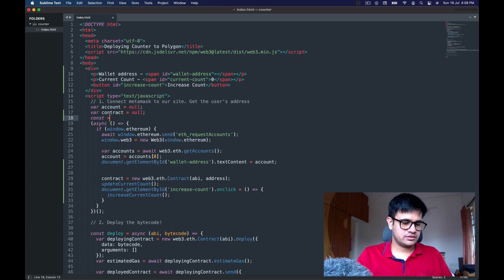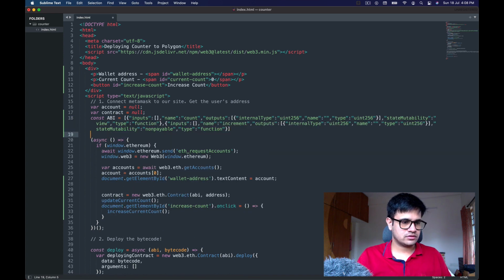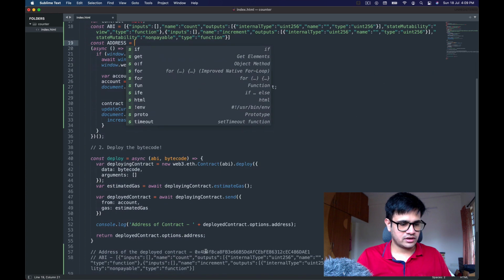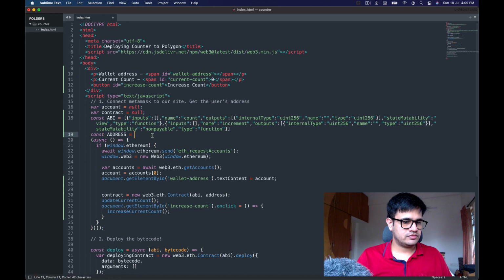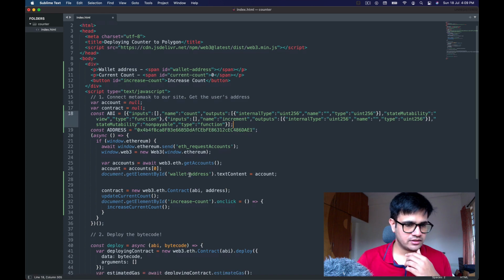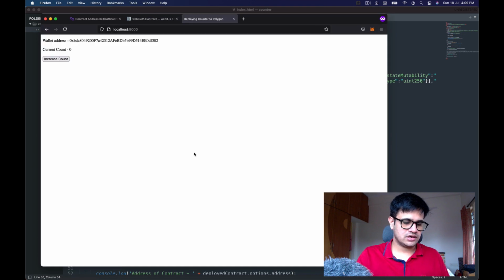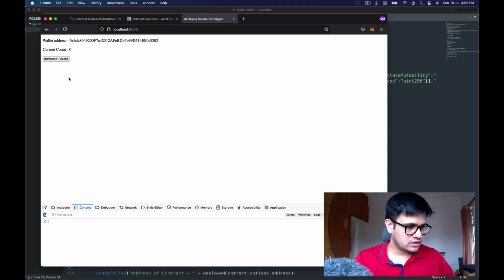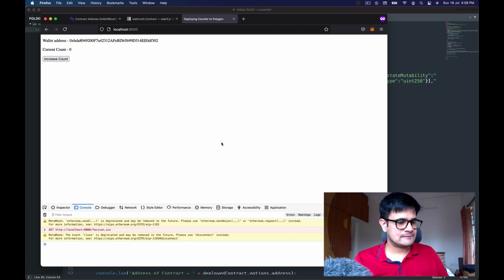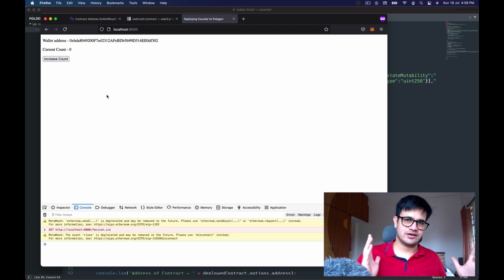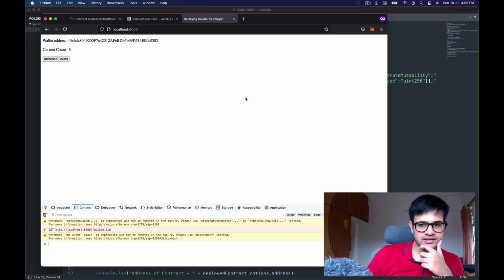and I'll make it a constant. The address of the contract will be this string format. Great. So now we have the ABI that I'll add over here and the address that I'll add over here, and I think we have everything for the connection. I'll open the console and make sure that there is no error present. Now I refresh. There were no errors. I'll refresh again just to make sure, and there are still no errors. Great, things are moving forward now.